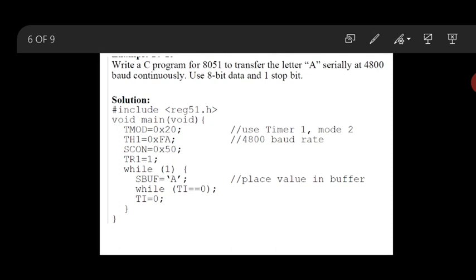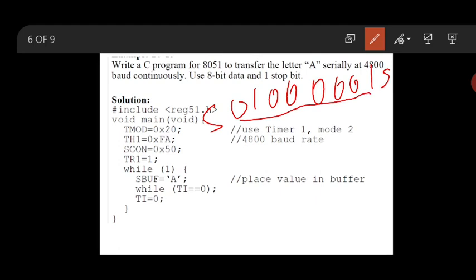Now while TI is equal to 0, what does that mean? Let us take that A has the value 41, which is 0 1 0 0 0 0 0 1, with a start bit and a stop bit. During this whole transmission, your TI will be 0. When it reaches the stop bit, TI will become 1. I hope you understood: when all the bits are transmitted, at the stop bit TI becomes 1. So when TI becomes 1, it is no longer equal to 0, and it goes to the next